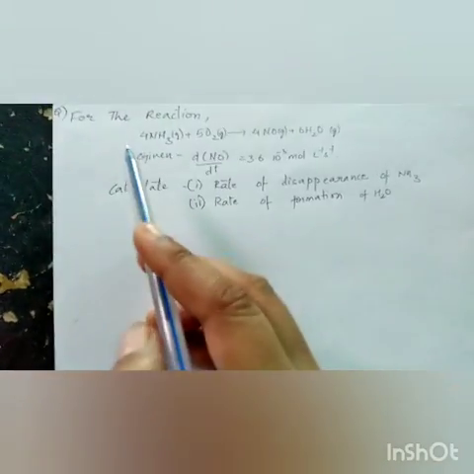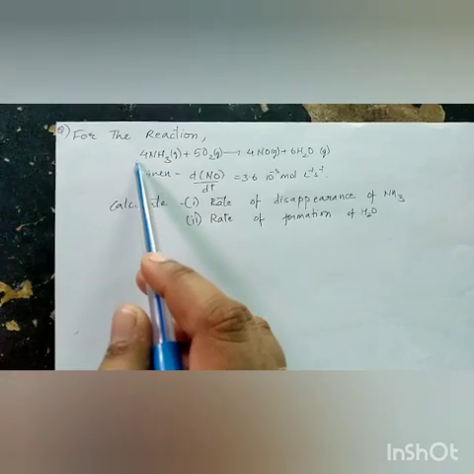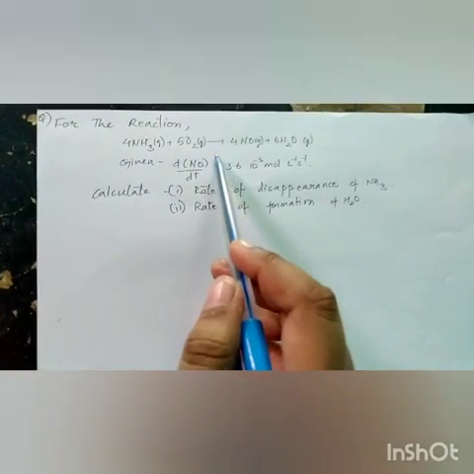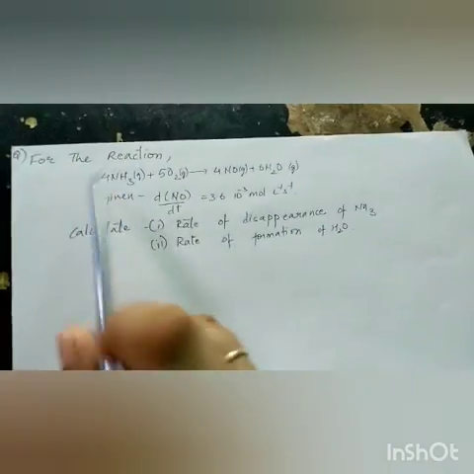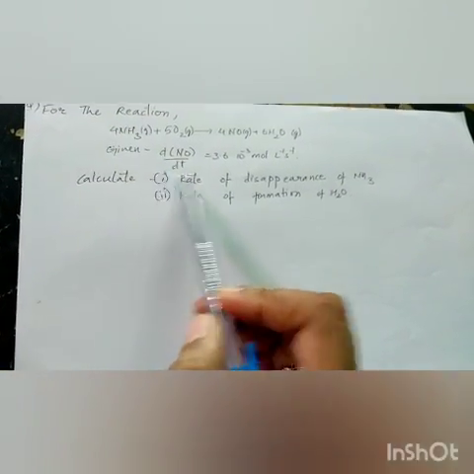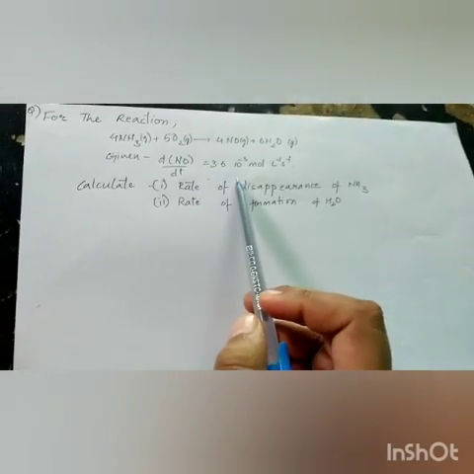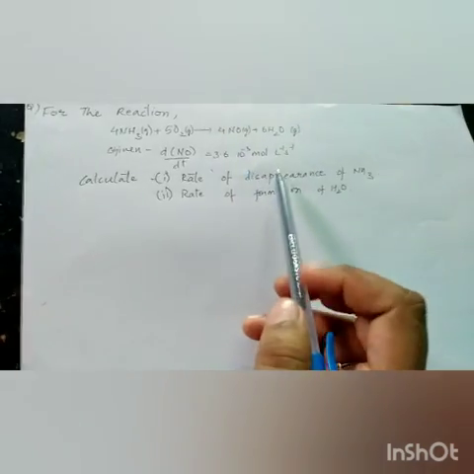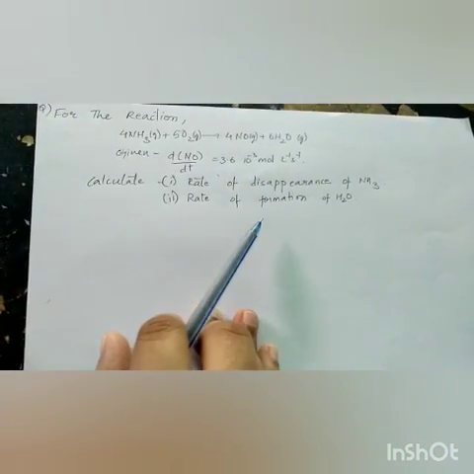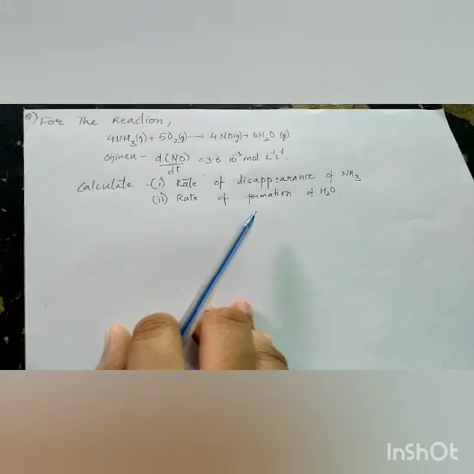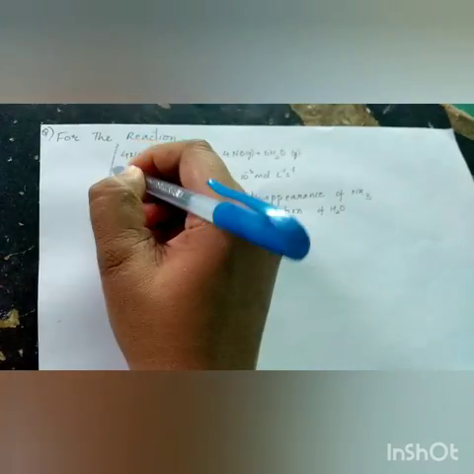There's a question here. For the reaction 4 NH3 plus 5 O2 gives 4 NO plus 6 H2O, they have given d[NO]/dt as 3.6 into 10 power minus 3 mole liter inverse second inverse, and they have asked to calculate the rate of disappearance of NH3 and the rate of formation of H2O. So for this equation given,